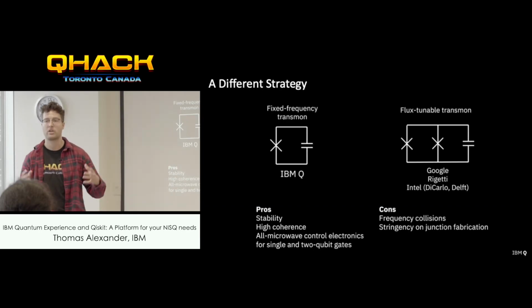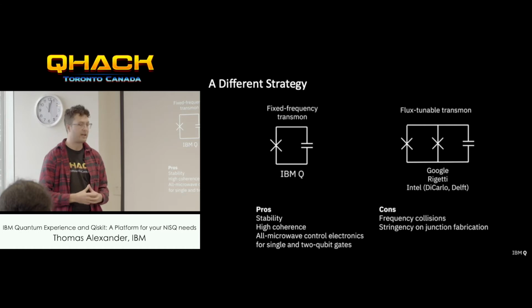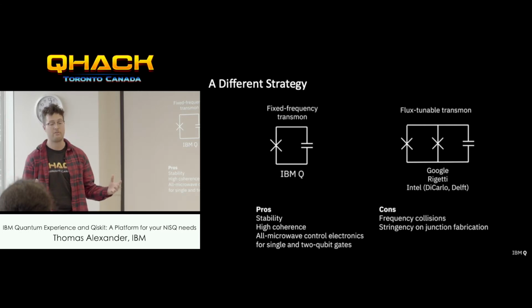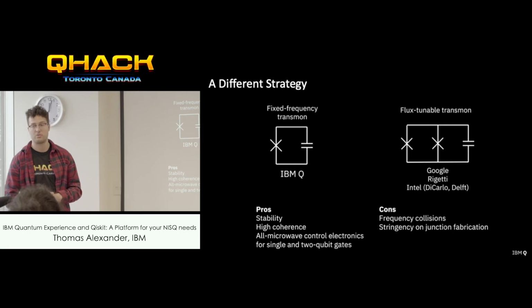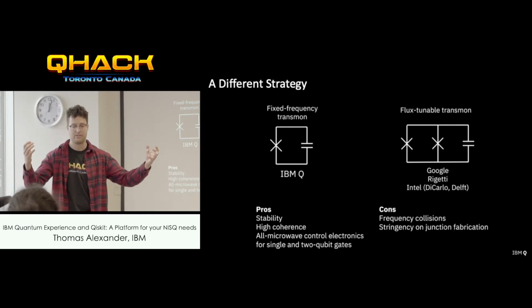So how are we doing qubits at IBM? Right now, I'm not saying it's the way we're going to do it forever. Maybe superconducting qubits are the way forward for now, but there are other very promising technologies as well. We're using fixed frequency qubits. So we really just have these anharmonic oscillators that are a Josephson junction and a capacitor in parallel.